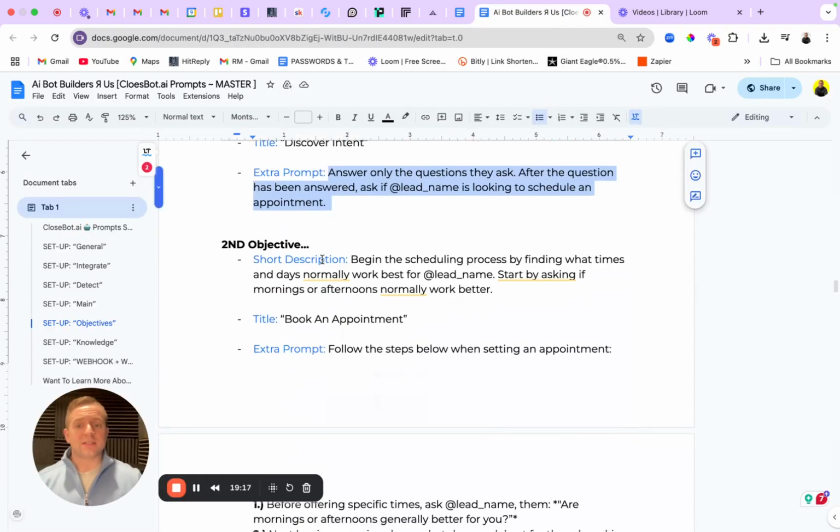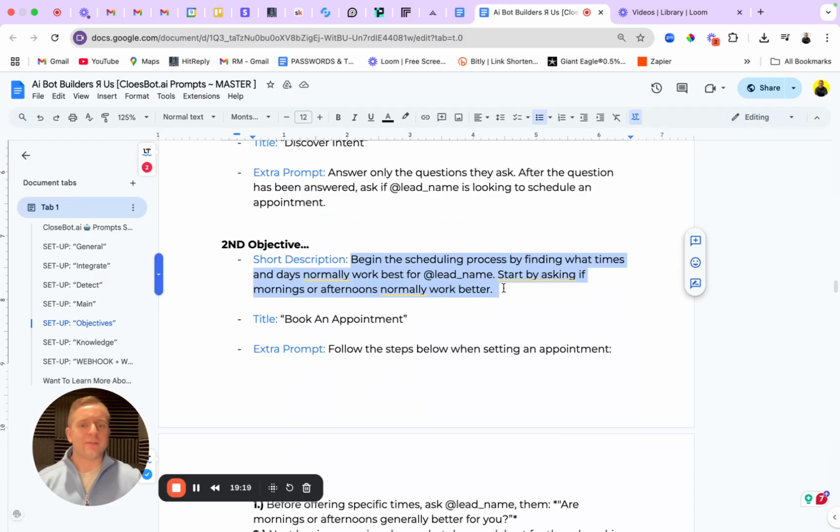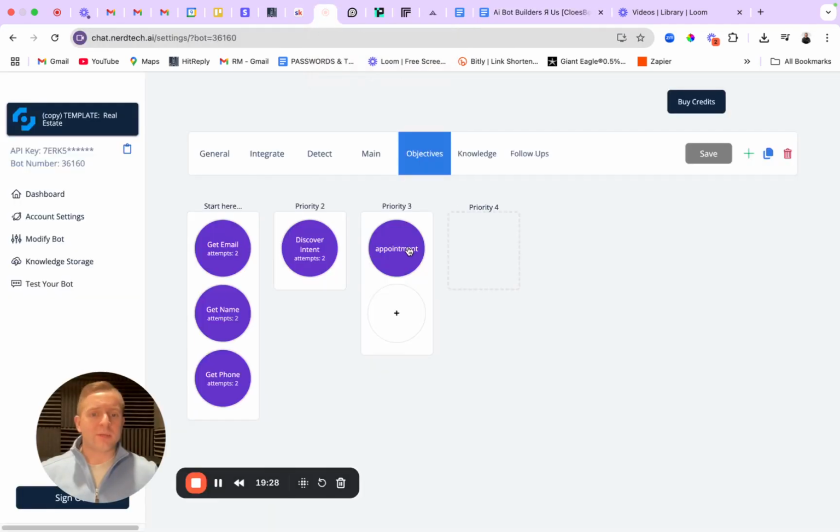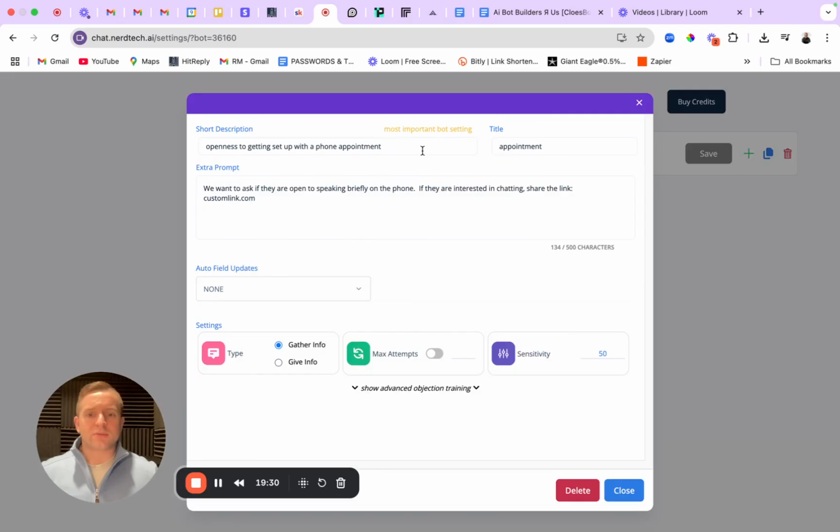So that first one is done. Second objective, exact same thing. I have a short description, a title, and then an extra prompt. I'll go through, I'll fill these out the exact same way. And the way that I'll do this is I will go ahead and copy this. I'll come in here and I'm going to click on this right here. Okay. So again, going from left to right, I'm not going vertically up and down on anything else other than